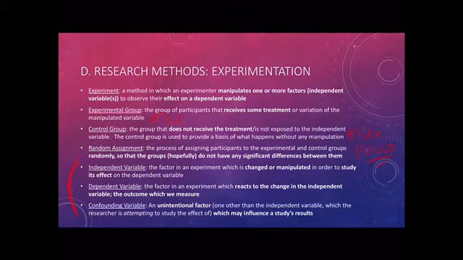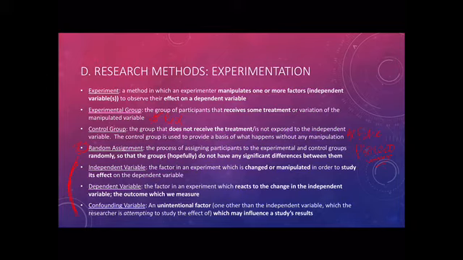And then random assignment. So you definitely want to notate stuff about both random sampling and random assignment. So when it comes to random assignment, it's when you already have your random sample of people, but now you have to assign them to either the experimental group or the control group. So know that random assignment is only used in experimentation, not in descriptive research methods or correlational research methods, just experimentation. And so once you have your random sample, you have to figure out, well, who is going to go in the experimental group, who is going to go in the control group.